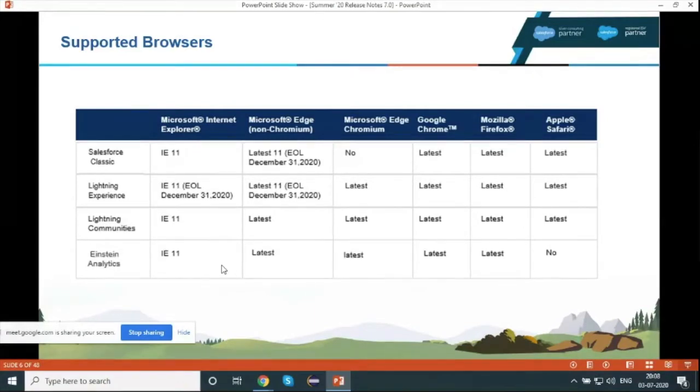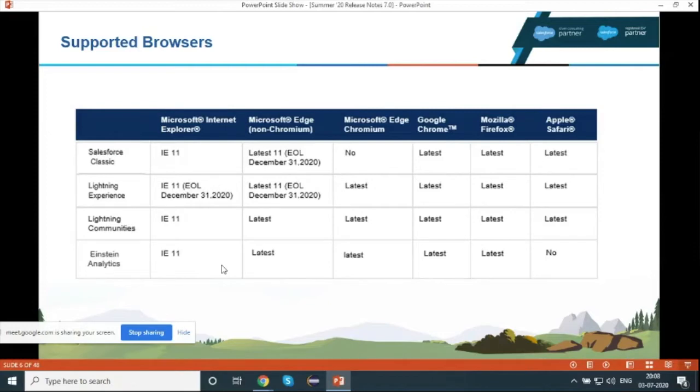So here is the forward-looking statement. As many of you know, I'll still explain what this slide means. Basically, please do not make any purchase or commercial decision on the basis of this webinar. If you are willing to use or buy any feature, then please first try the feature, or you can simply contact your account manager and he will be able to give you the proper information about that feature.